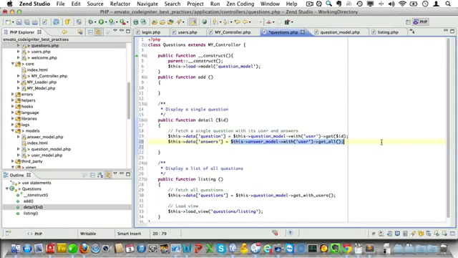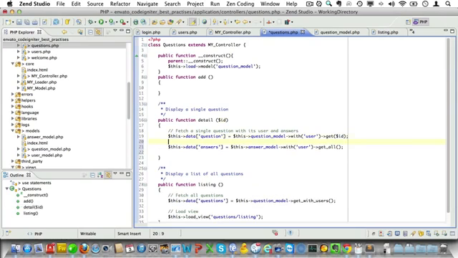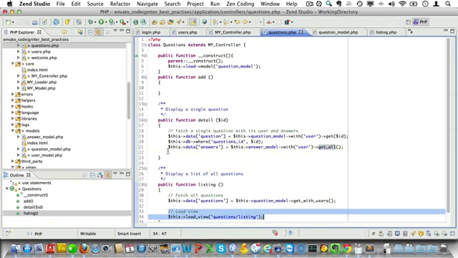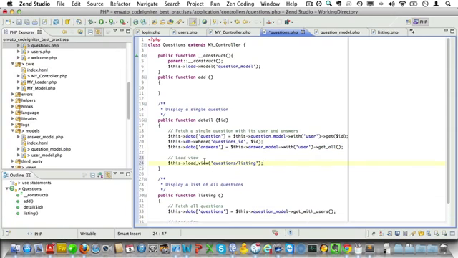Now this would give us all answers with all users, and we only need the answers for a certain question ID. So let's just set a db where statement before fetching those, and we'll just do db where questions ID equals ID. Now this where method will be run just before fetching all of these answers, so it will apply to this call here. And now what we want to do is load a view like so, and that will